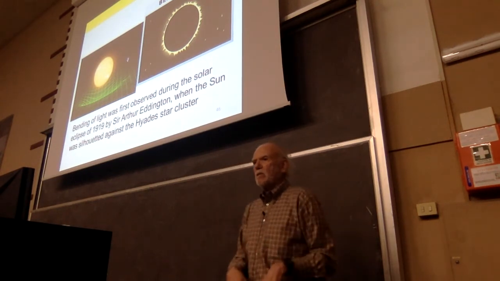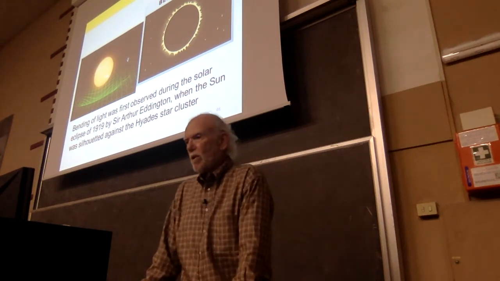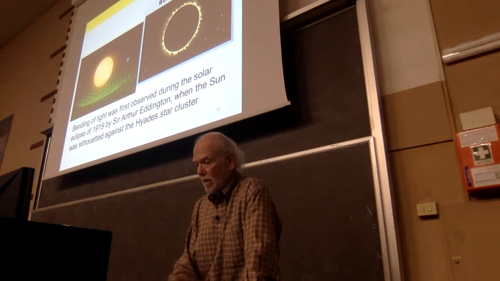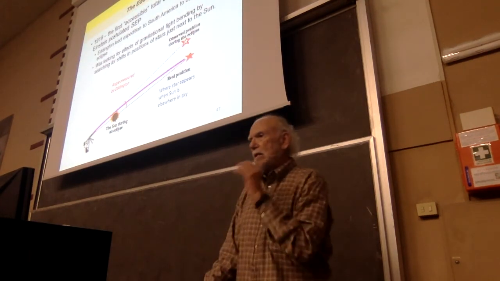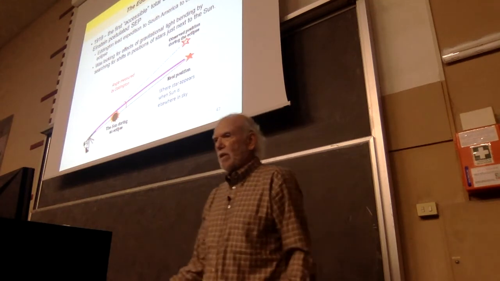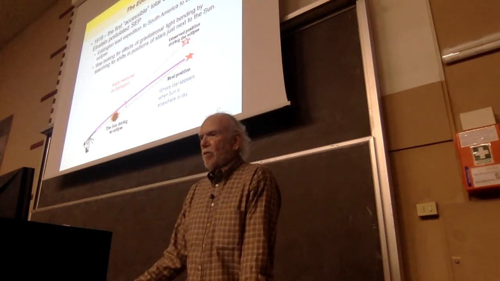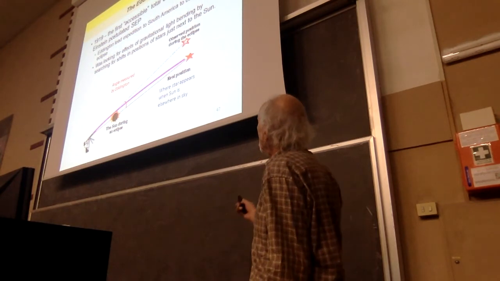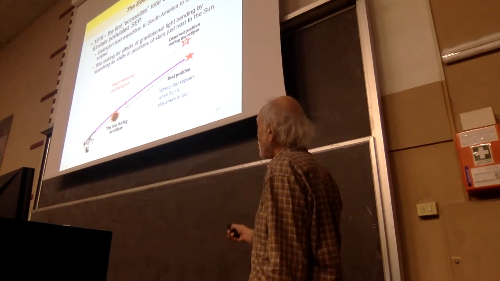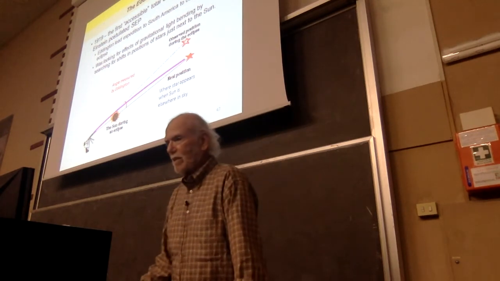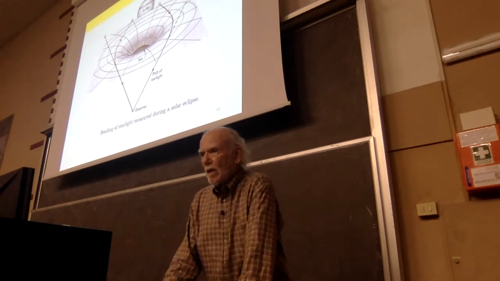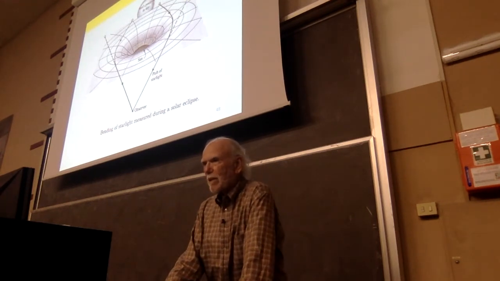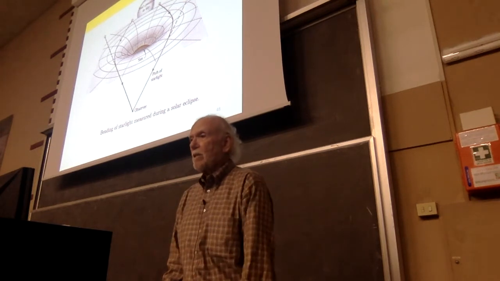And the stars behind it, in this case, were a cluster of stars called the Hyades cluster. And so the picture shown here is that the observed position during the eclipse is here, while the real position is here, just because the light is bent. It looks like it's in a different place than it actually is, and he made those measurements. Just another picture of what's happening, the light bending from behind the sun.